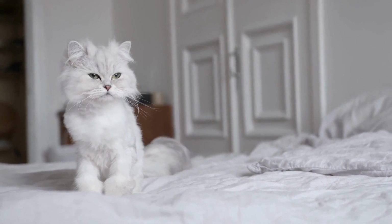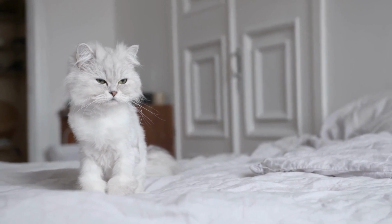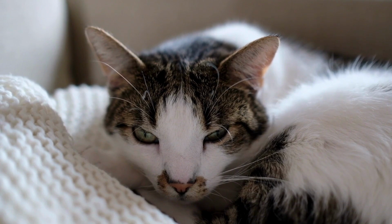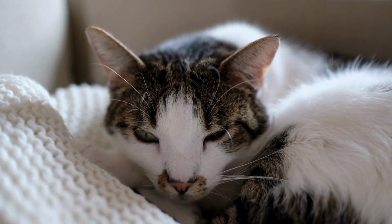Firstly, begin by conducting a thorough search of your home and surrounding area, including closets, under furniture, and in hidden or inaccessible spaces where your cat may be hiding. Cats are adept at finding cozy hiding spots, so it's essential to search diligently and check all potential hiding places